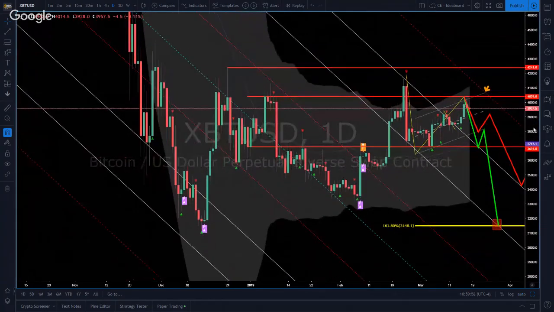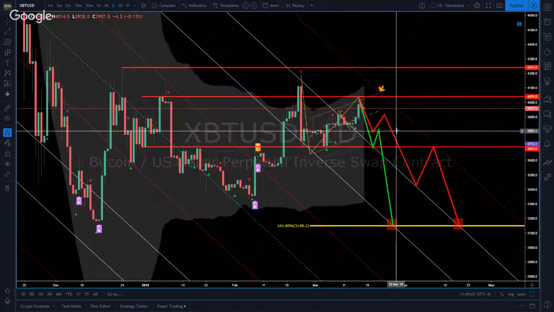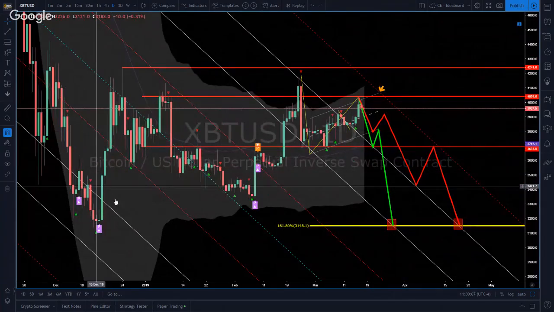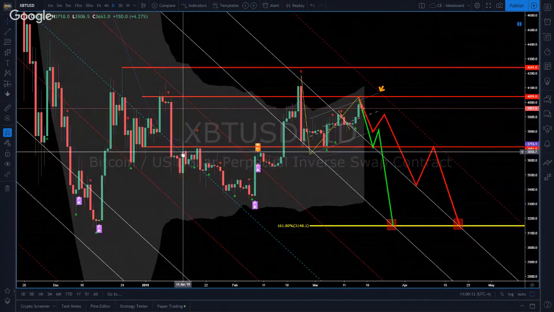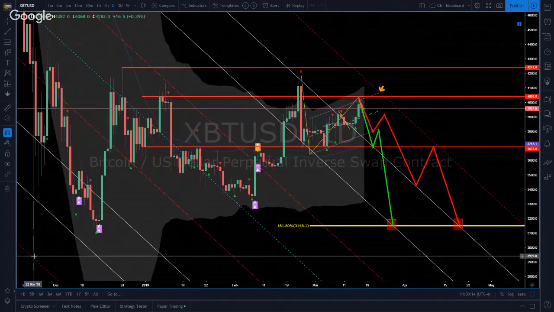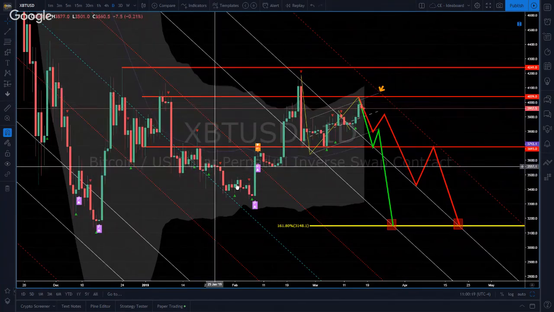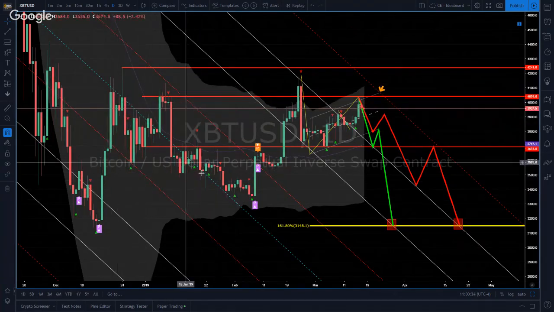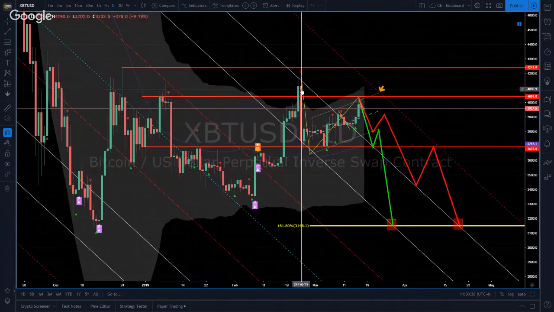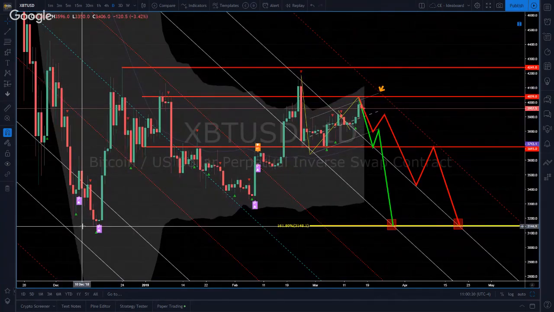And let me just size this appropriately so that we can see it a little bit better. And I'll kind of explain some of the things here that I've pointed out. All right, so first off, this is about 50% between the median line and 100% outside of that based on the size of the channel. So we have our median line here. You can see we have a lot of action. We had resistance here, and then we had support here, and that took us again up to kind of where we are right now. But here's the important part.